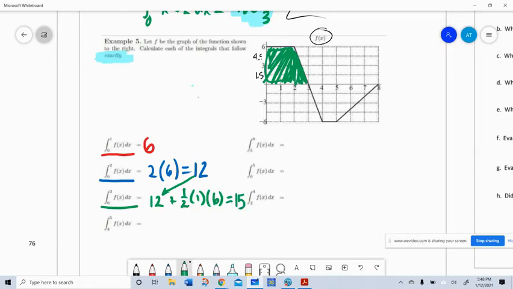So that's going to give us an area of 15. Okay, let's try from 4 to 5. I'll go back and use my rainbow pen for 4 to 5. Okay. So from 4 to 5, that's going to be down here. Now this is kind of a different one because if you remember when I told you, when you do an area that falls below the x-axis,